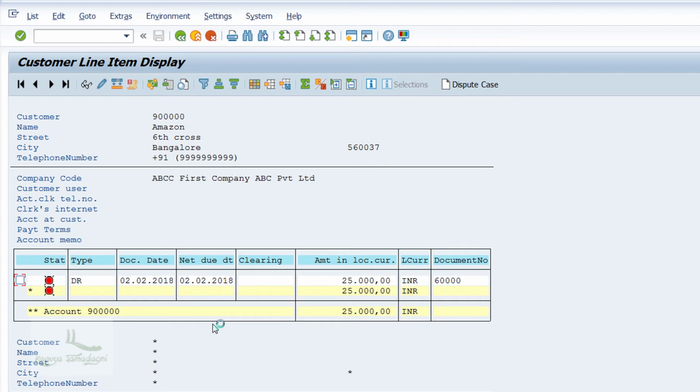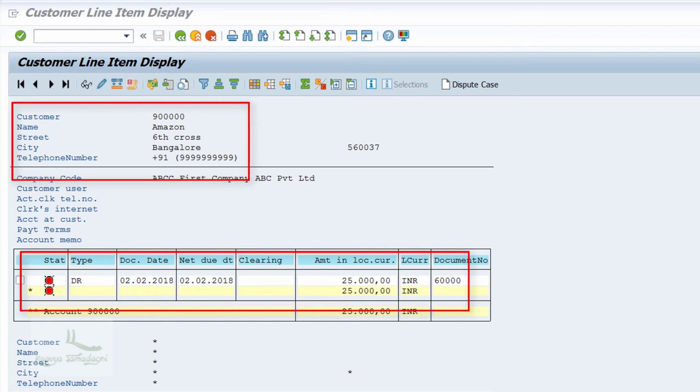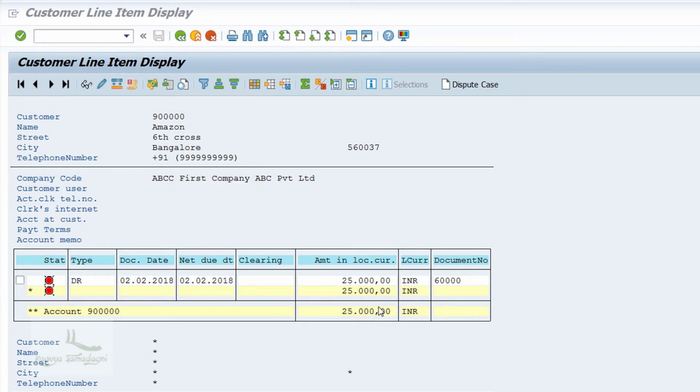If you see here, you can see an open item against the customer account 9 followed by 5 zeros, that is Amazon, with the amount of 25,000 INR. As we have learned already, the system automatically updates the reconciliation account as well, which we have assigned to our customer master. So, to test the same, what I'll do is I'll just click on the new session button